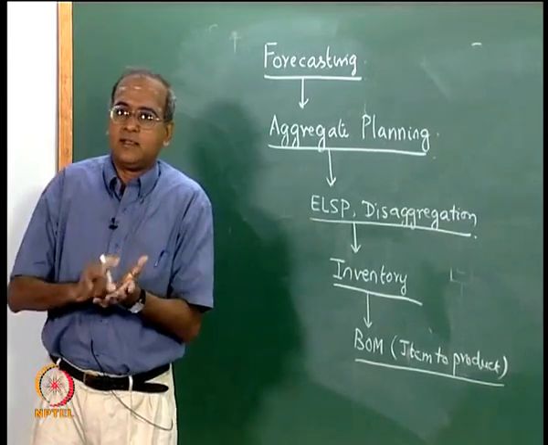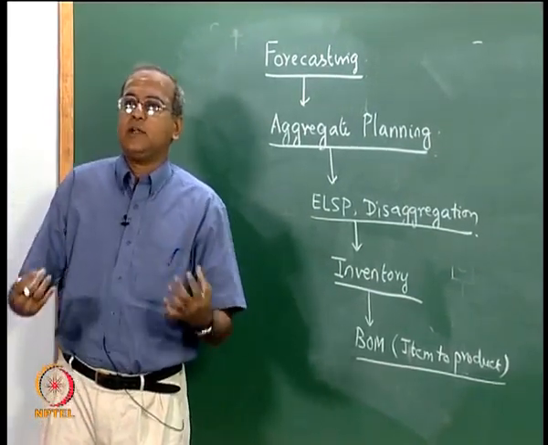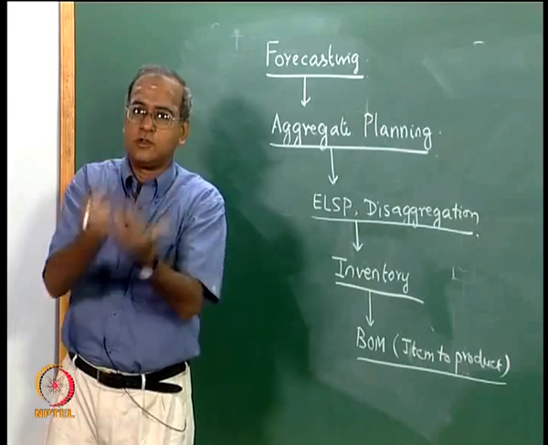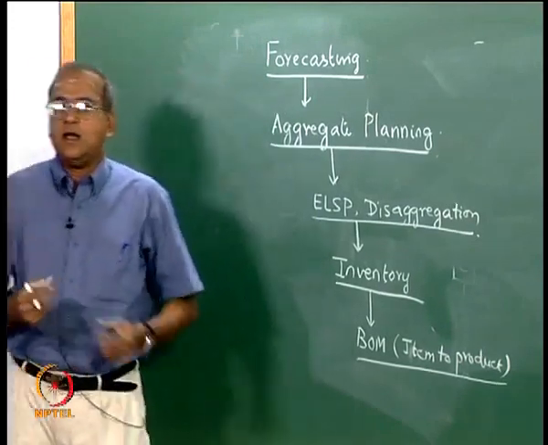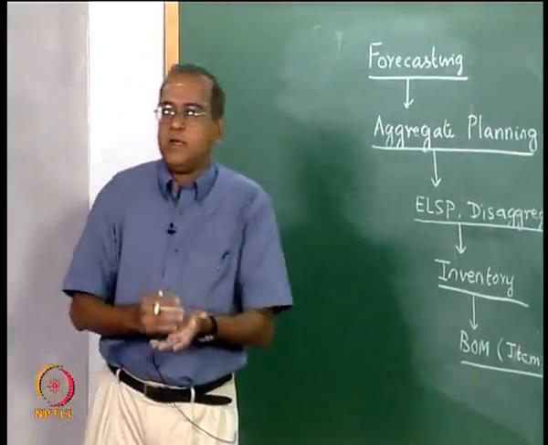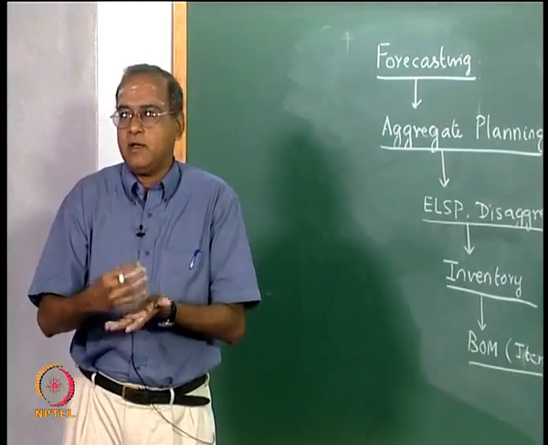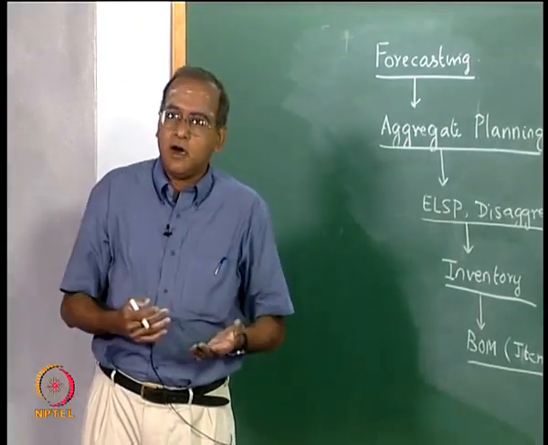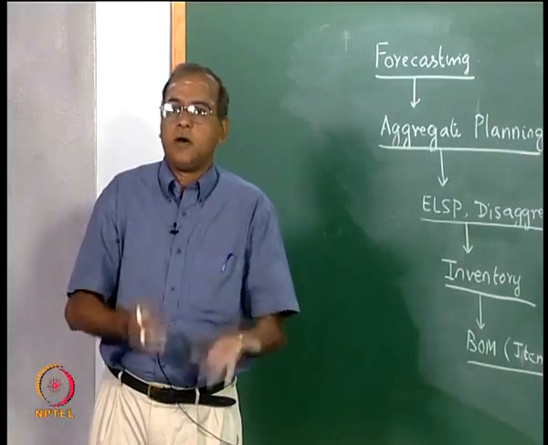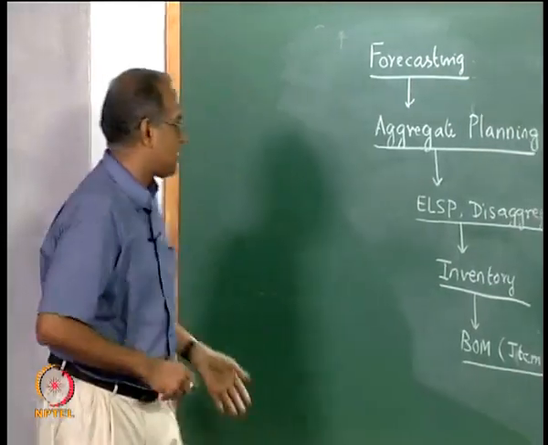Now, we need to carry this material and time into individual machines or resources, and then say how much time each machine is going to spend on each of these products, or in general each of these jobs. Now, that leads us to a topic called